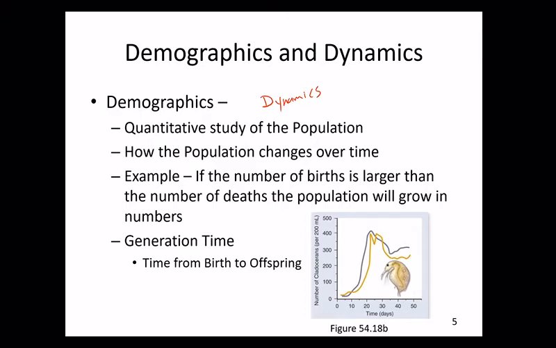One important consideration when we're talking about this is generation time. So what do I mean by generation time? Well, generation time is the amount of time from birth or hatch of the individual until that individual is able to produce offspring of its own. And so we would define that as being the generation time. Individuals or organisms with a long generation time tend to have a more stable population, okay? Whereas with short generation times, we can see dramatic shifts in shorter periods of time.